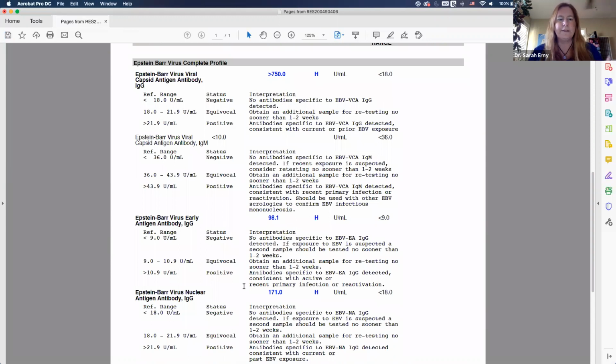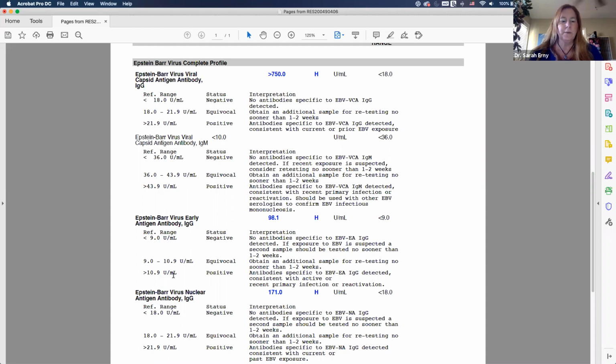So we have 4 different antibodies that we test in Epstein-Barr. And if you remember, antibodies are the things that I call the little soldiers that go out to fight things. But antibodies are there to protect us and to take down infections and viruses and other things that are going to be going on. So there are 4 that we look at through the lens of looking for a reactivated